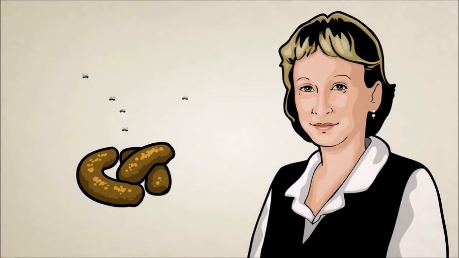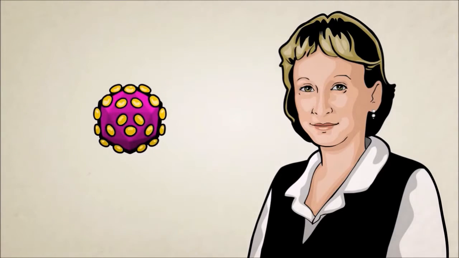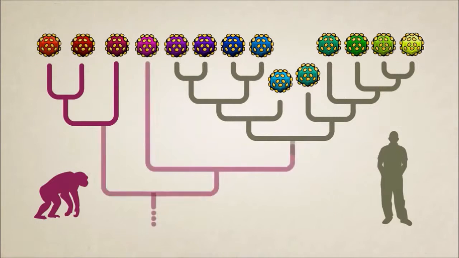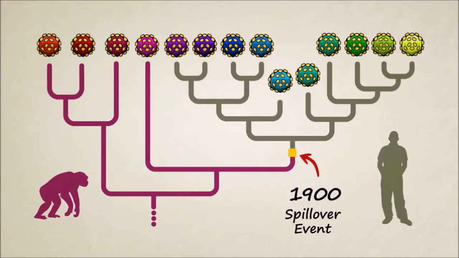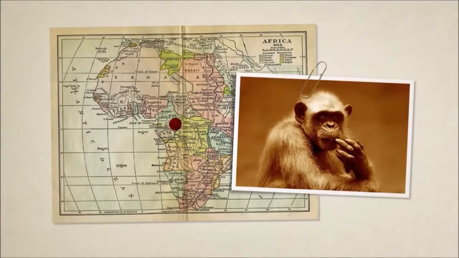Dr. Beatrice Hahn, while studying stool samples from wild chimps in Central Africa, found a strain of chimp virus which was almost identical to a human strain also found in Africa. She had discovered a missing link. It told us that HIV did not come from a French-Canadian flight attendant in the early 1980s, but instead came from chimpanzees, possibly as early as the year 1900. The leading hypothesis is that a hunter in southeast Cameroon first got the disease by accidentally cutting himself while preparing the meat of an infected chimp.